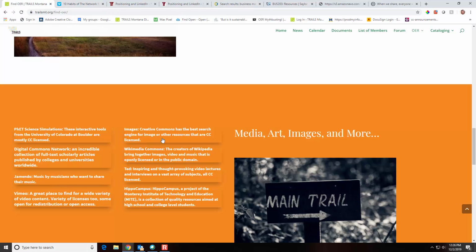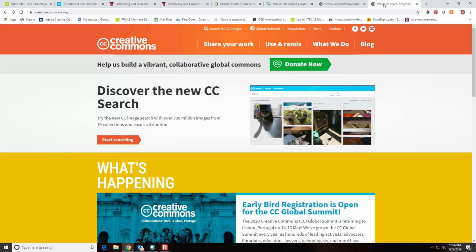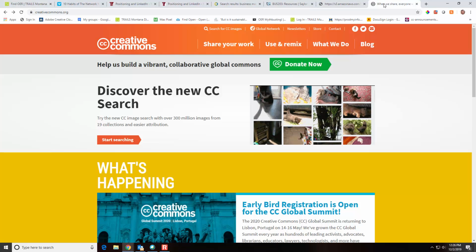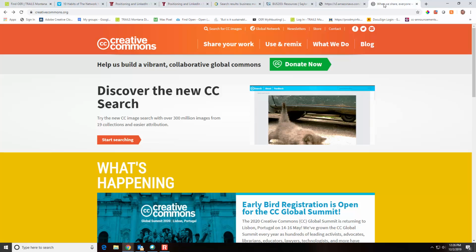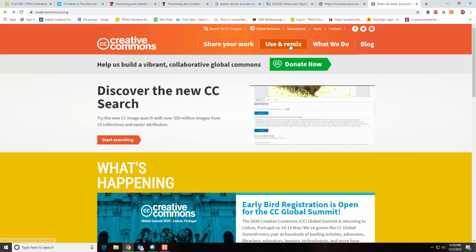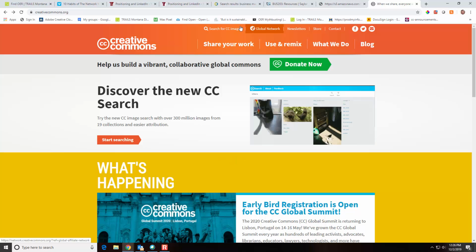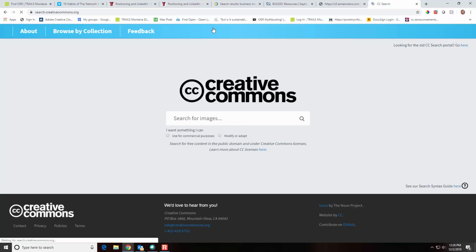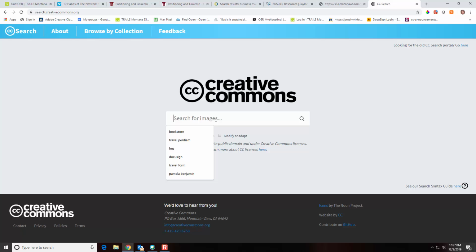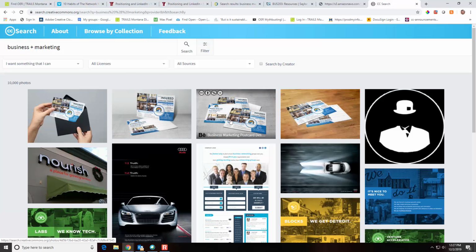The other one I want to look at for a minute is the Creative Commons search. So Creative Commons image search is on the Creative Commons website, which does have a ton of information about open licensing and Creative Commons licenses. You can create your own license on here, share your work, contribute to the community, but right now we're going to look at their image search. Now this does pull from a wide variety of resources, including Google Images, Flickr, things like that. And this is going to give me a lot of information, but I just want to let you see some of the options here